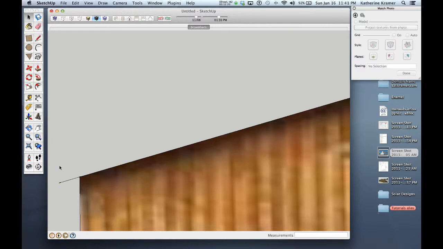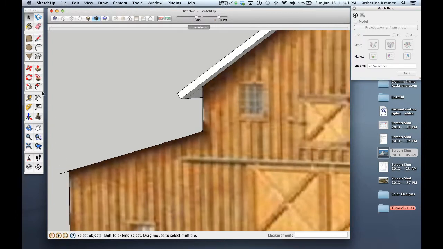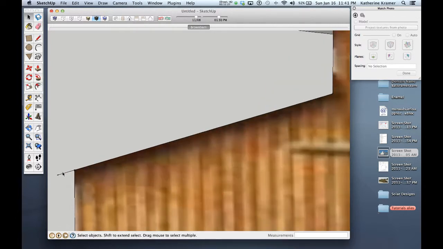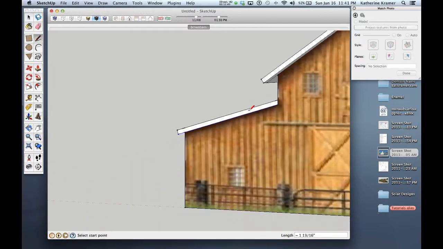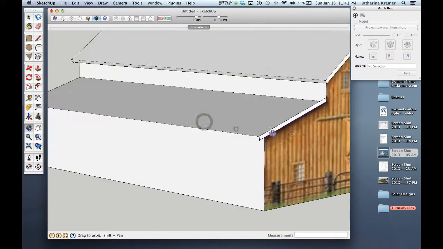Okay. See if this will work. Okay, by selecting both of those lines, I can bring it up 6 inches. Endpoint to endpoint. And then extend this to the barn. Right? And then if I rotate,